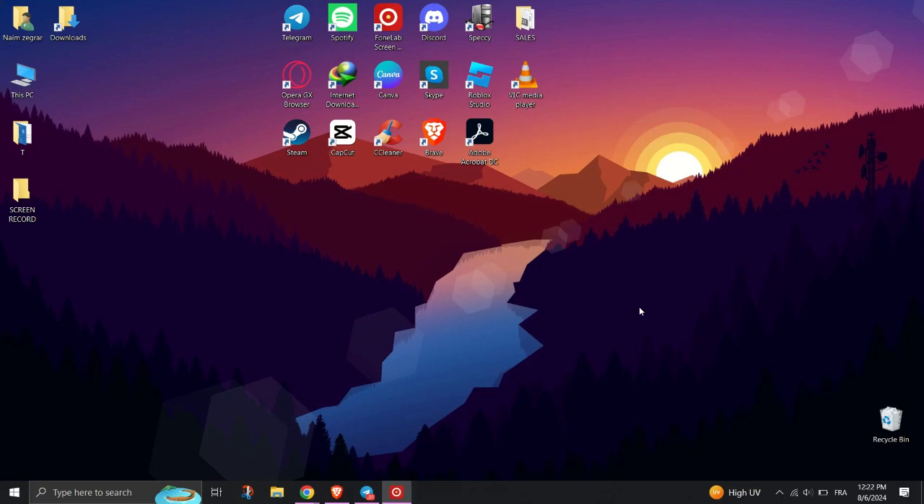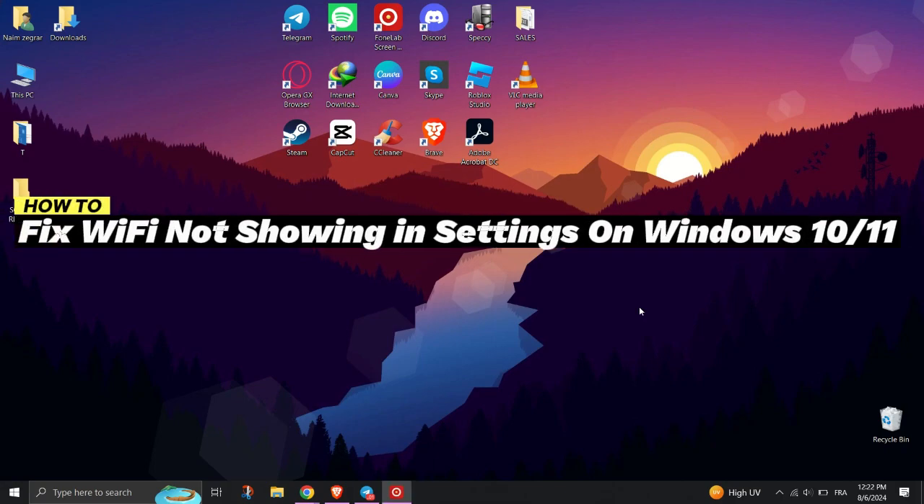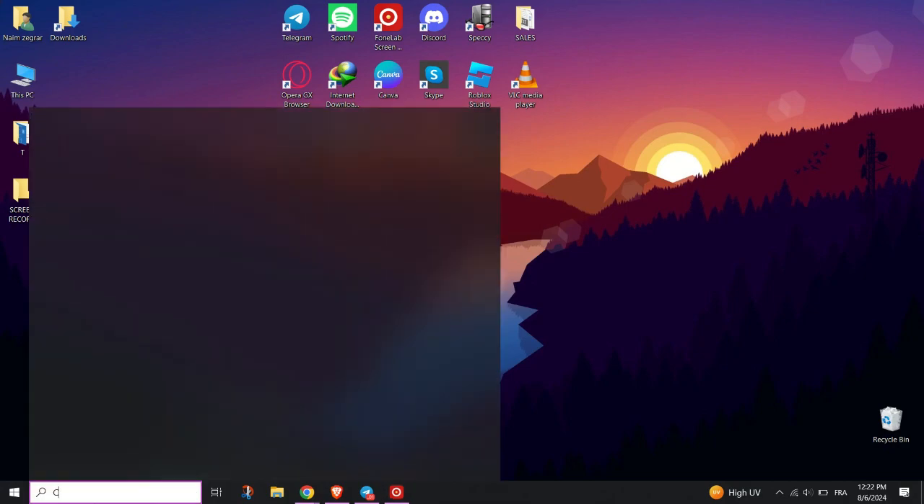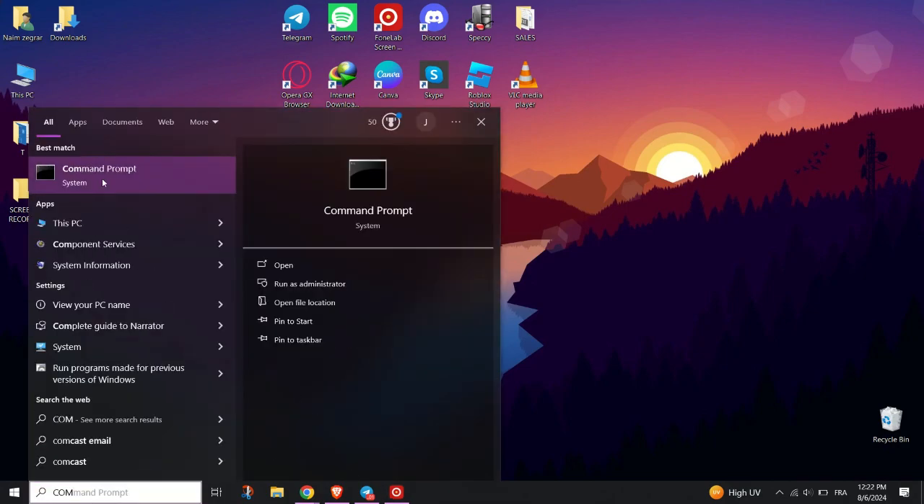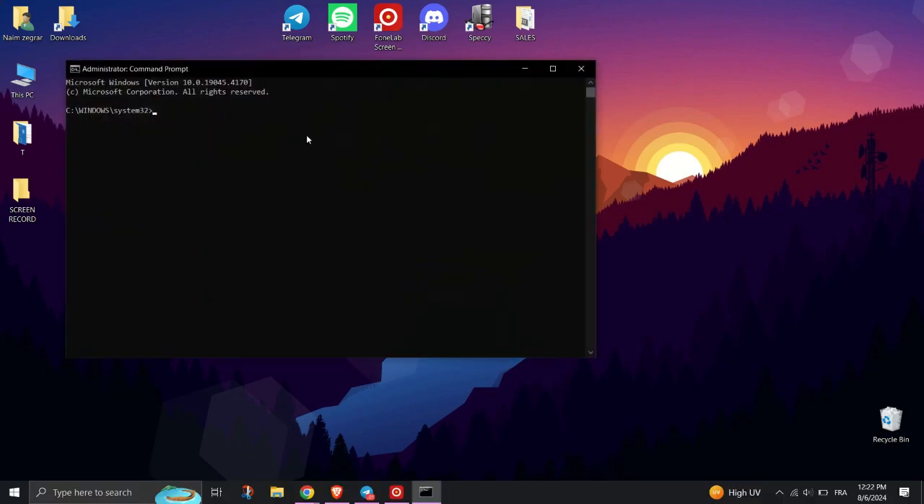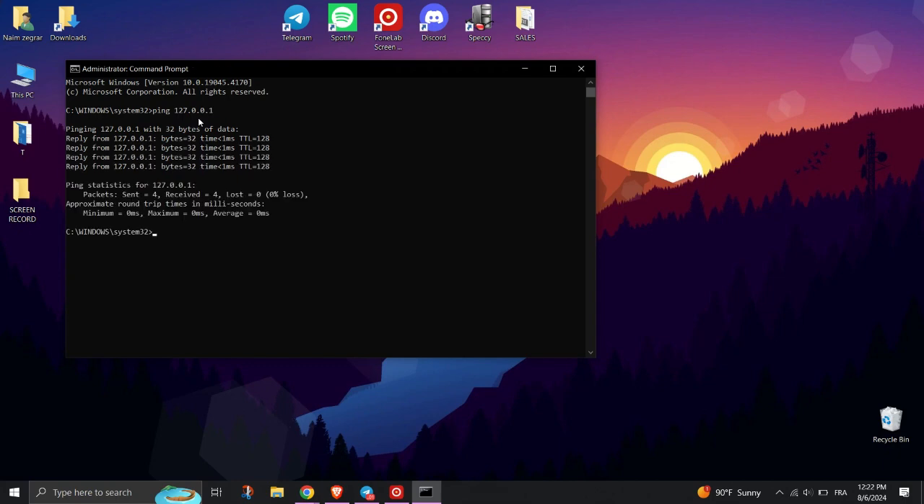In this tutorial, I'll show you how to fix Wi-Fi not showing or working in Windows 10 or 11. Firstly, open Command Prompt as an administrator. In the command prompt, type ping 127.0.0.1 and press enter. If you receive a reply, your hardware is fine and we need to focus on the